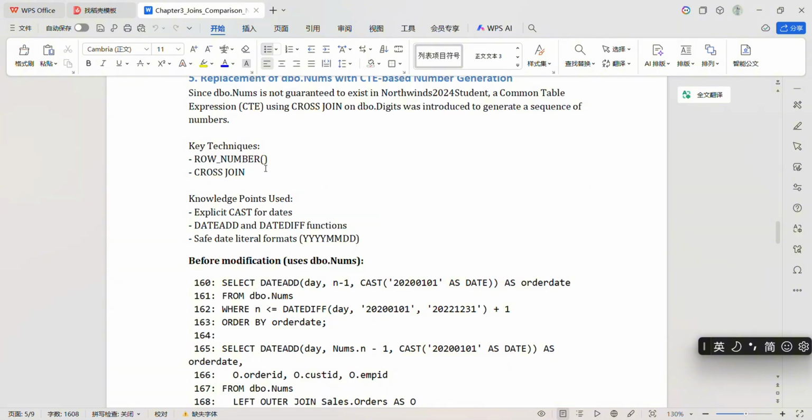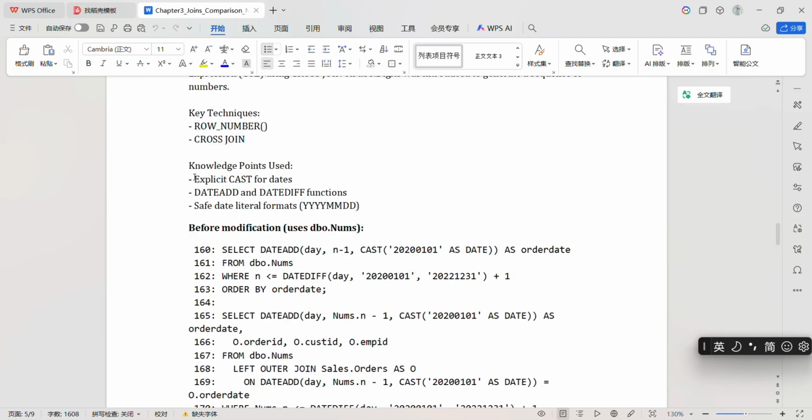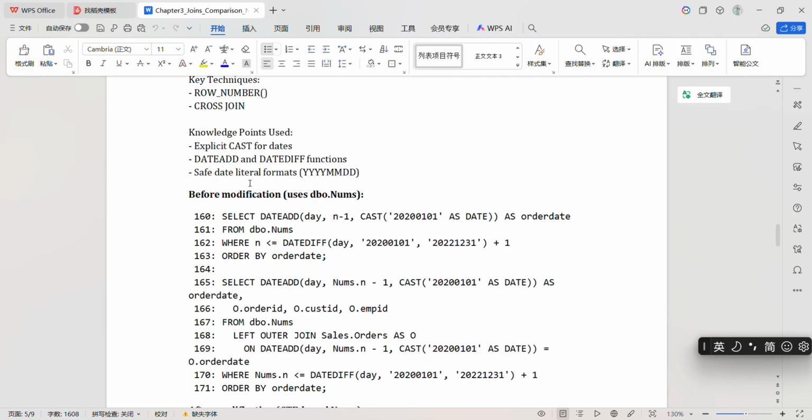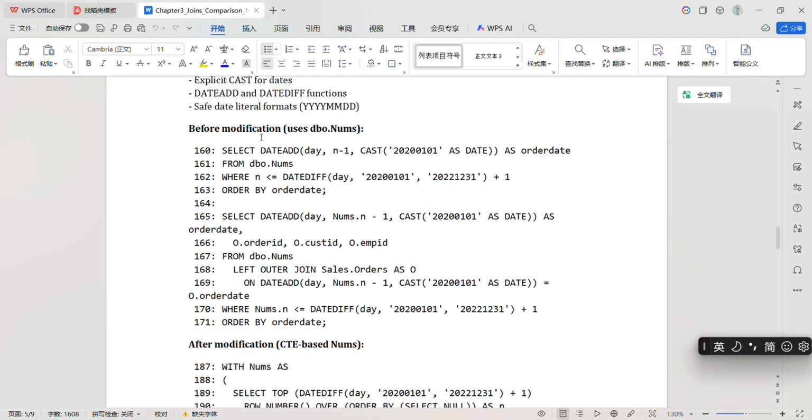Key techniques: row number, cross join, date functions, date from parts for year, month, date. Before modification,